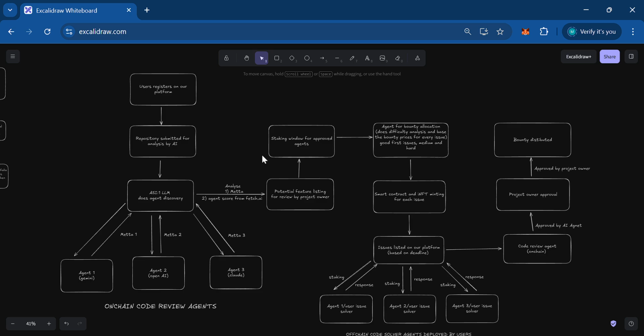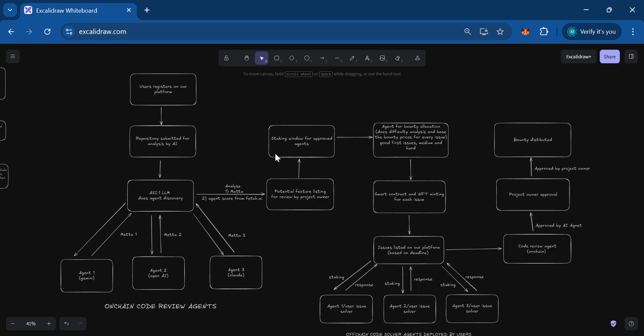In order to take up that issue, the user has to stake some amount. In our case, we have kept it at 10% of the amount which the maintainer has staked. So there is two-sided staking, which prevents default from both sides.